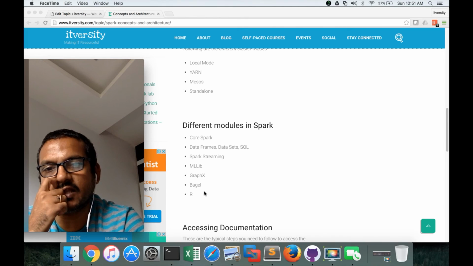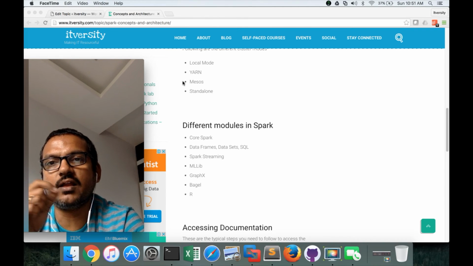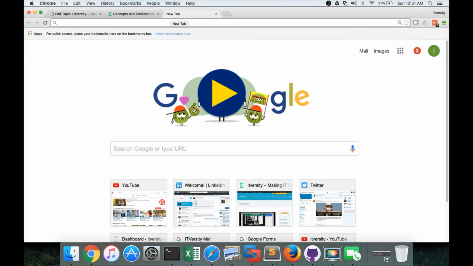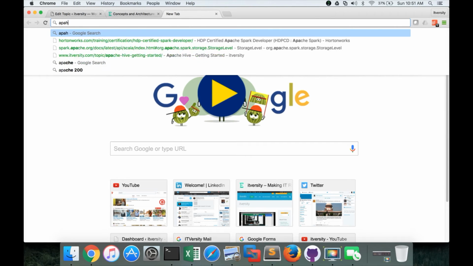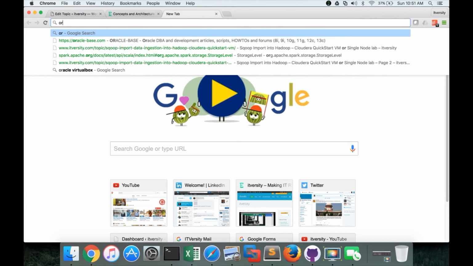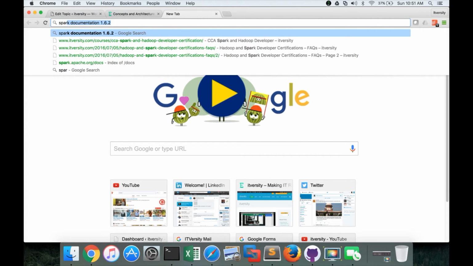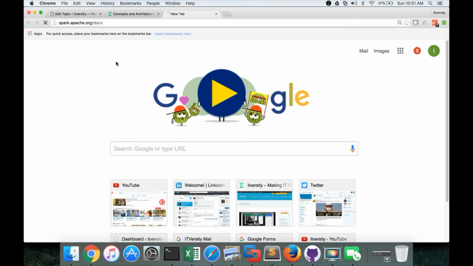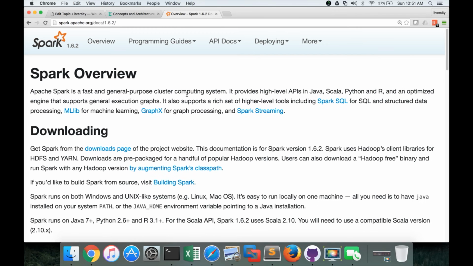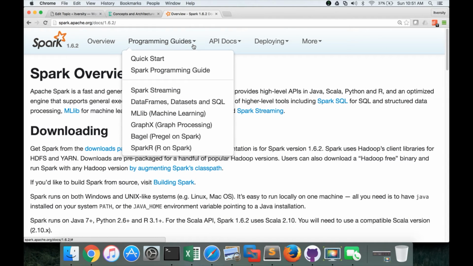So the reason why we have R as a different module is, if you go to the Spark documentation, spark.apache.org docs, and here if you go to 1.6.2, and go to the programming guides, again I will explain how to access documentation effectively as part of the next video.